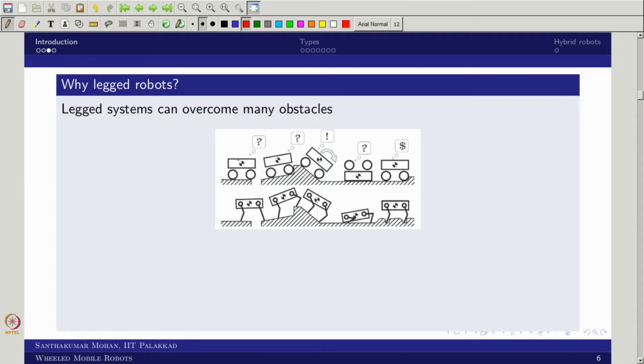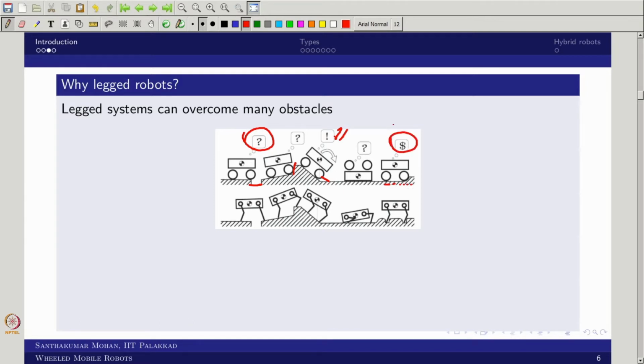You can see that this is the wheeled mobile robot. You have rough terrain, that too a steep one. So this mobile robot does not know how to go over the sump, or the bump, and if it is a slope, it doesn't know what to do, it may flop. And if it is semi-solid or loosely connected, it doesn't know what to do.